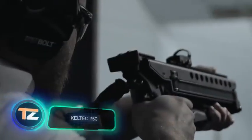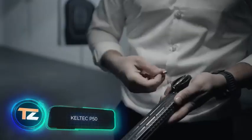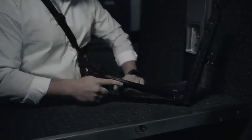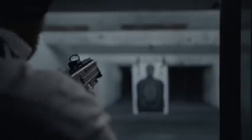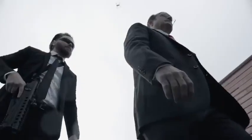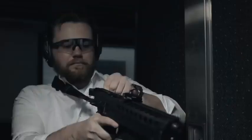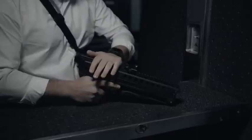Unique, adaptable, retro. This is how the creators of this gun described their product. One of the key features of the gun is a 50-round magazine, and it comes with 2 of them. Surprisingly, it uses a quite rare 5.7 by 28mm cartridge, originally developed in Belgium for the FN P90 machine gun. According to the manufacturer, this solution allows the gun to be used in a wide range of applications, from sporting